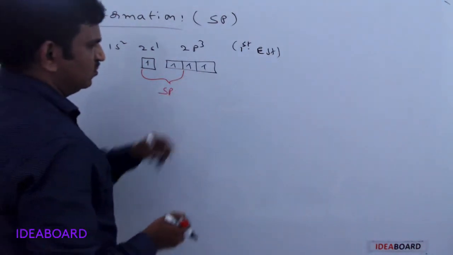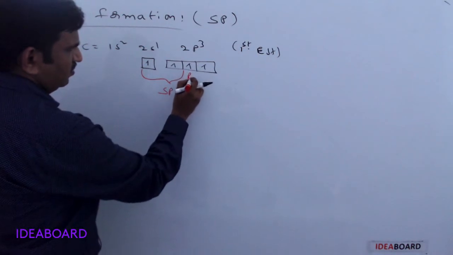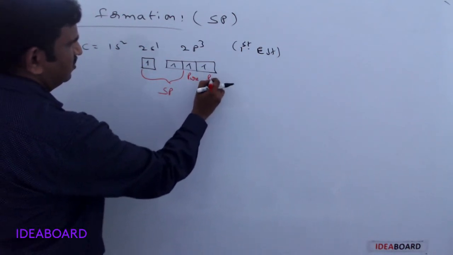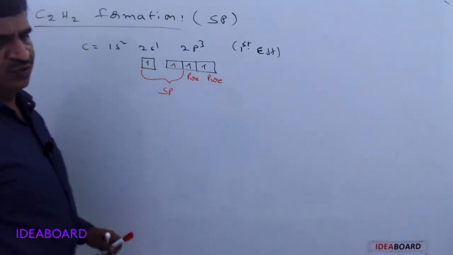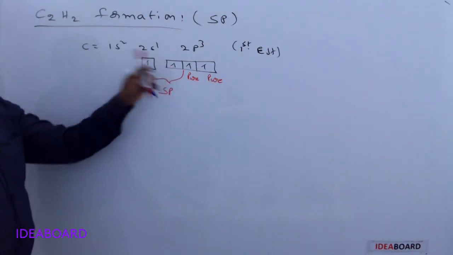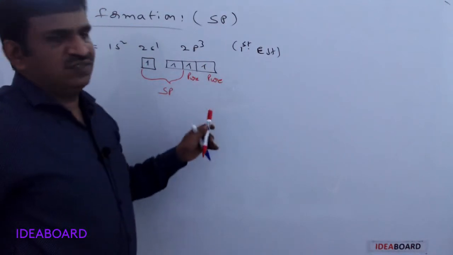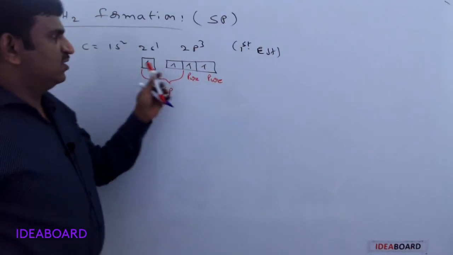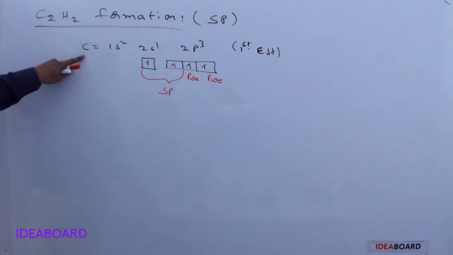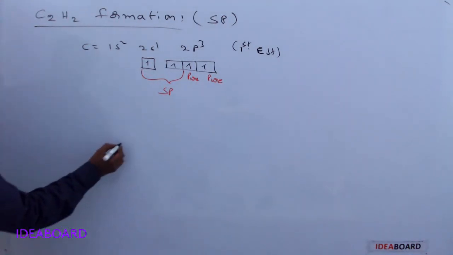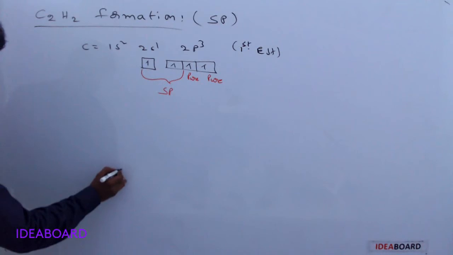What about the remaining two? A pure orbital. This is a pure orbital and this is also a pure orbital. So how many pure orbitals do we have? Two. How many hybrid orbitals do we have? Two. So two pure orbitals are unhybridized orbitals and two hybrid orbitals we have at each carbon. Please remember. So now I am writing one carbon atom.